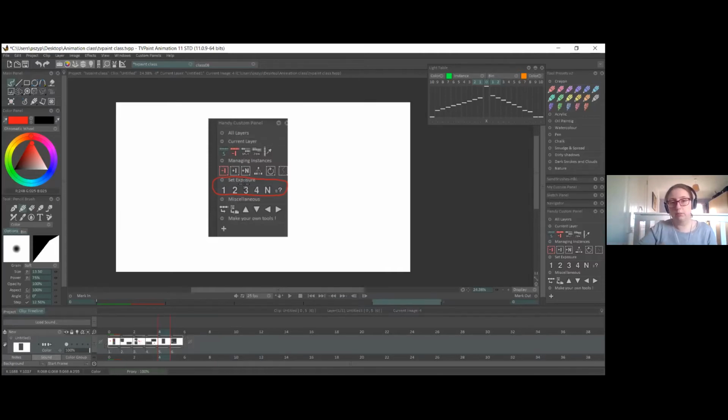And 3 it'll hold for 3, and then 4 will hold for 4. And then the end, this one is if you want more. If you say, oh, this needs to be 20 frames long, that's when you just put it in and